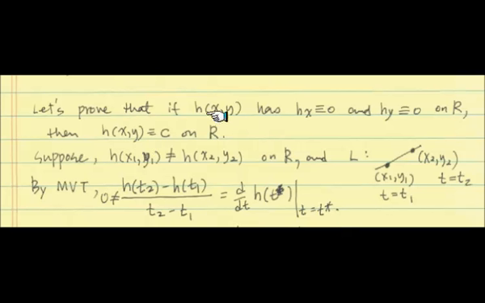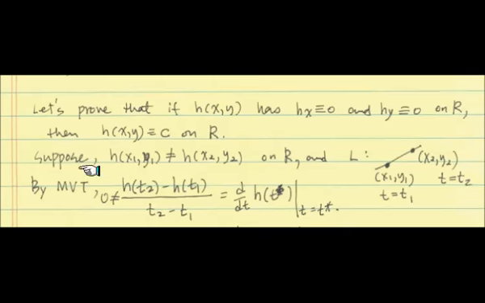So suppose we have h(x, y), where the partial with respect to x and y is 0. This is not just at one point, like a critical point. Don't look at this as a critical point. This is happening at every point in the region. That's the condition. So you can say every point is a critical point. Can we conclude that this function on that region R is a constant function? That's what we are about to show.